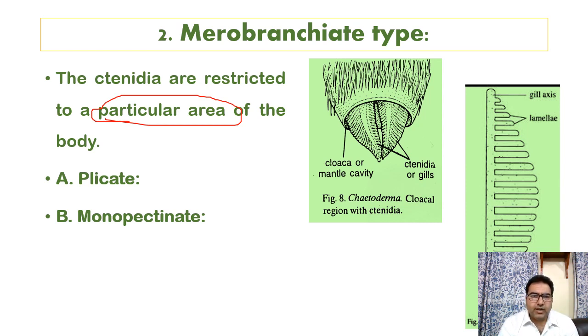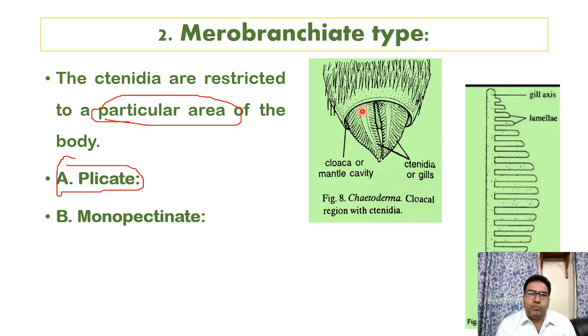Now number one, that is the plicate type. What we see here is that they are simple. They are flat. They are transversely folded. They are projecting integumentary lamellae. They constitute the gills. And in the case of Chaetoderma, what you are seeing here,